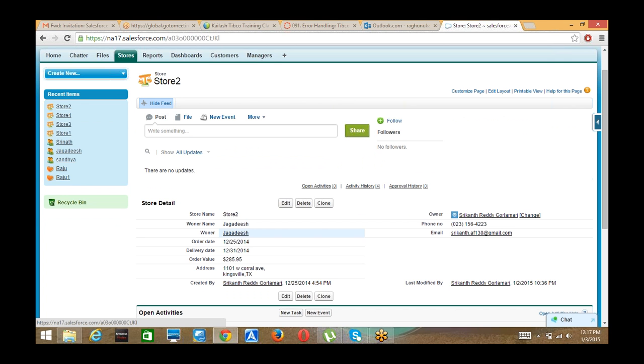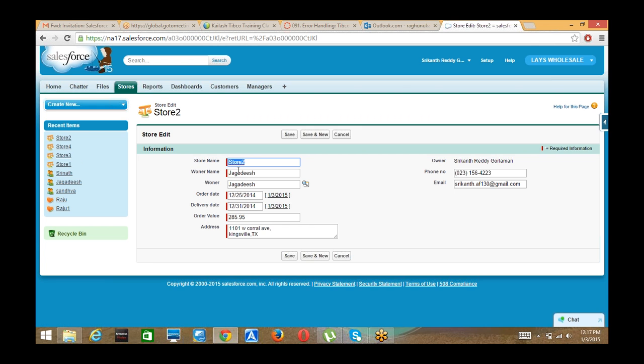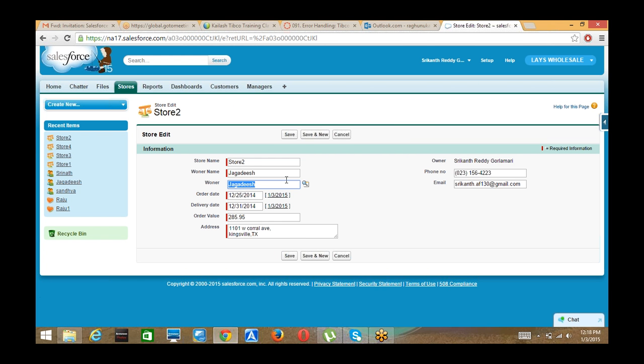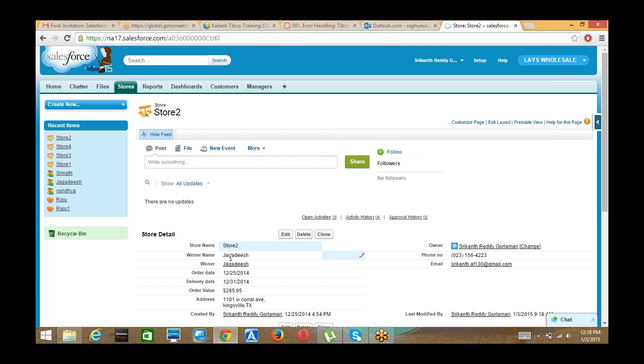These are the lookup relations from here. So owner name, owner of the store, he will be the customer. We can see from here, I gave the relationship from the store app to the customer app. So the owner is Jagdish. I gave the Jagdish. So if I click on Jagdish,